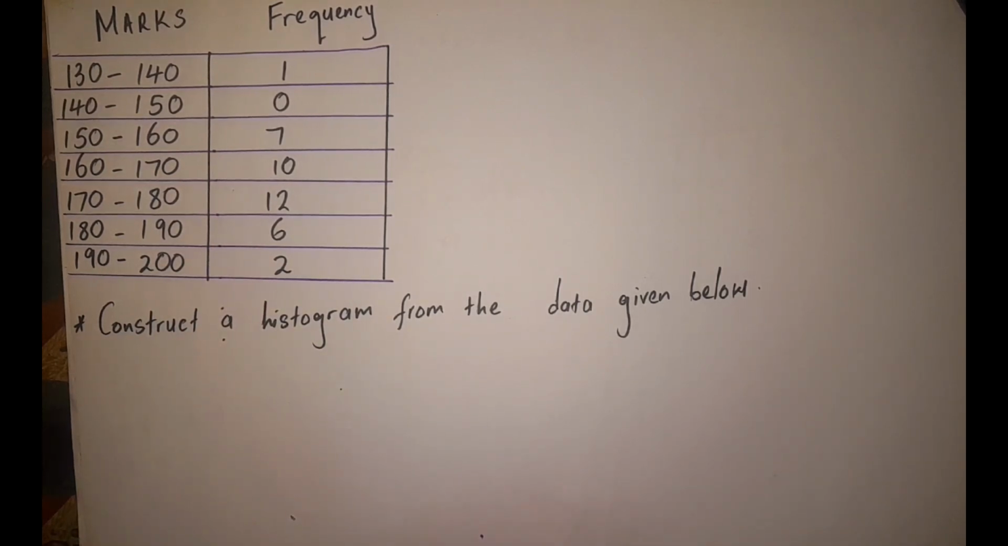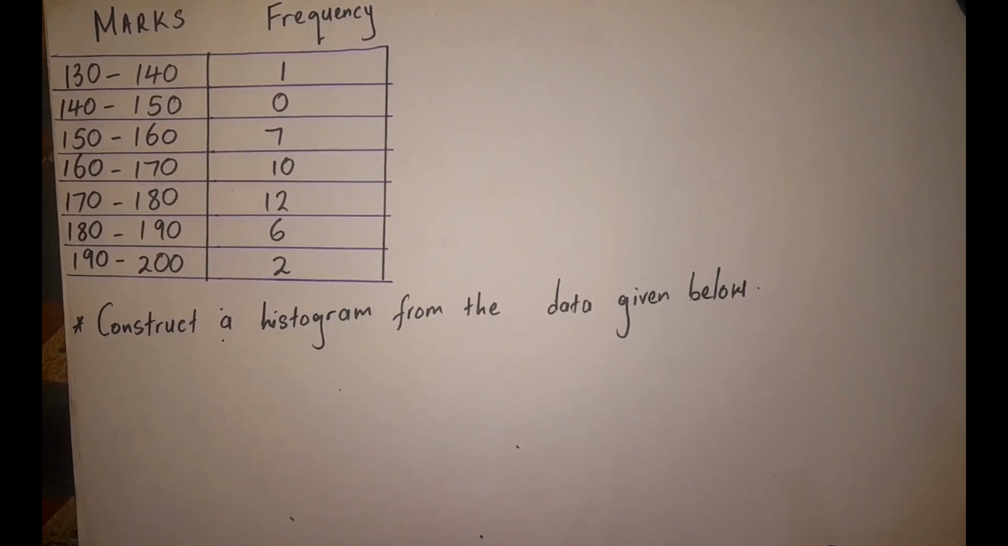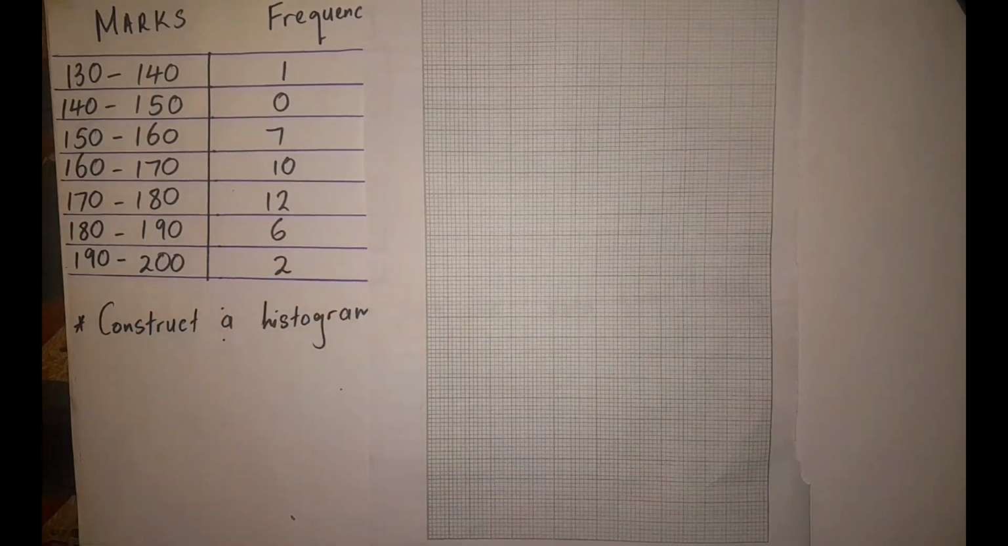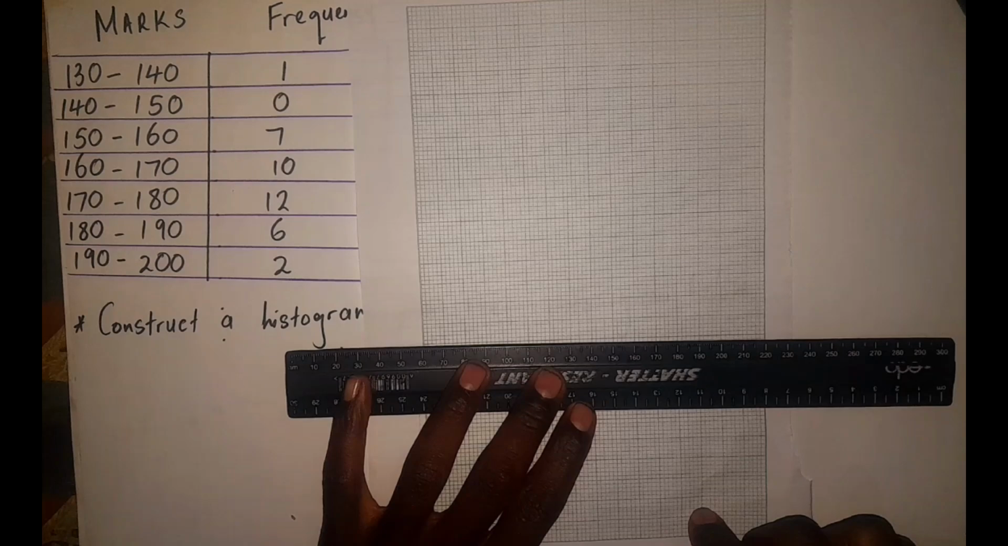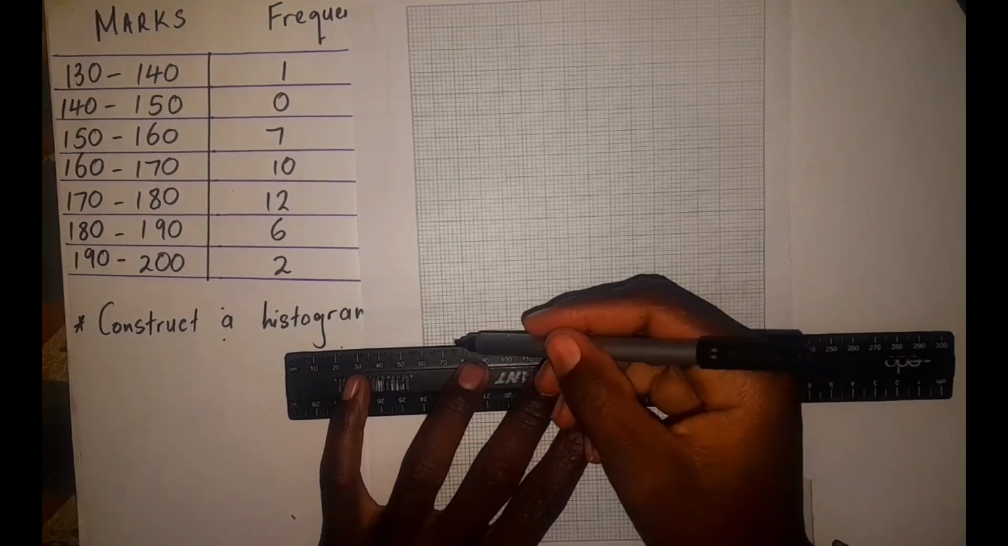If you have data like this, which is called continuous grouped data, we are not going to add anything to this table. What we're going to do is take our graph paper and start to draw our histogram. So I'm going to take my graph paper here, and firstly draw my two lines. The horizontal line, which is the x-axis,